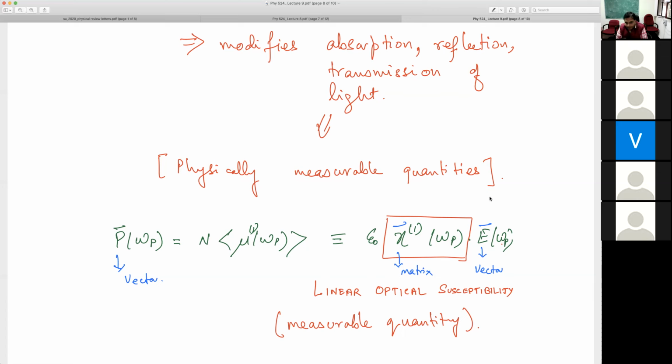Experimentally, of course, the linear response results are most important. So we generally look at the linear response regime in most experiments, and that is chi1. The second order response is called second harmonic generation, or sum frequency generation, or difference frequency generation, etc. So that also we measure in experiments, but those are called second harmonic experiments. And the third order, again, we calculate in another set of experiments. Those are called third order susceptibility, and likewise higher order susceptibilities, basically. Is that clear?